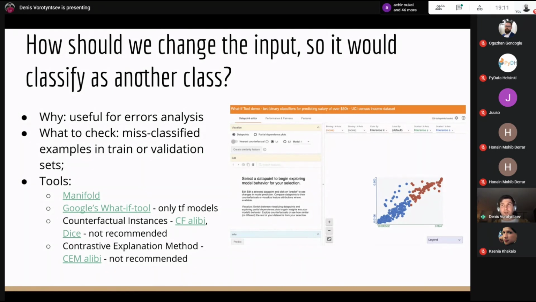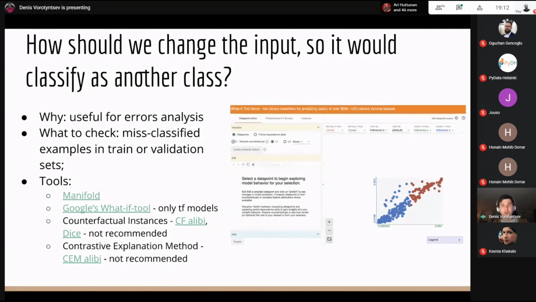So maybe you want to optimize a credit score, and the output of your model could be, well, you have to work 50 days a week or something like that, which is just not possible. But from the model's output, it is possible. The idea of this SEM alibi, the last example on the slide, is that you say to the model, well, you may update your input, but please stay in the specified circle around this point. Again, it is a good idea, but it doesn't work.